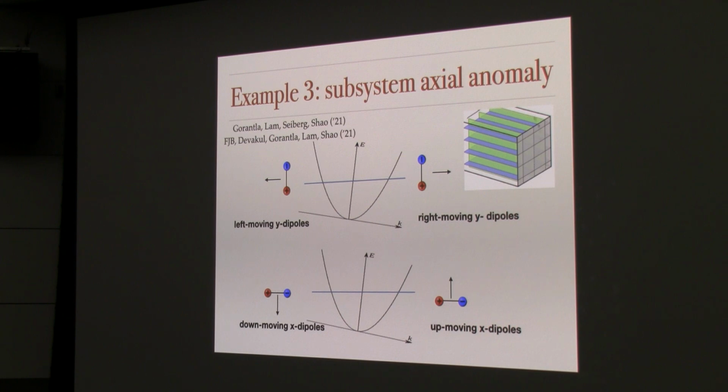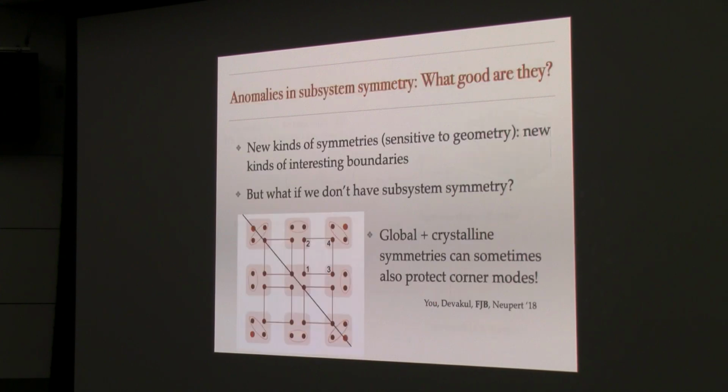And when you put this on an appropriate bulk, you can cancel this anomaly and get an interesting gapless boundary state. Okay, good.